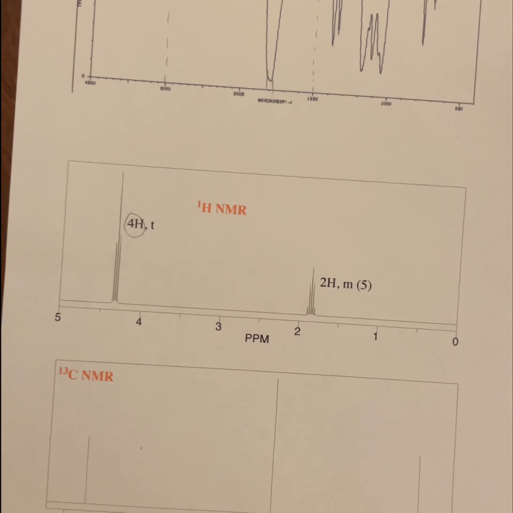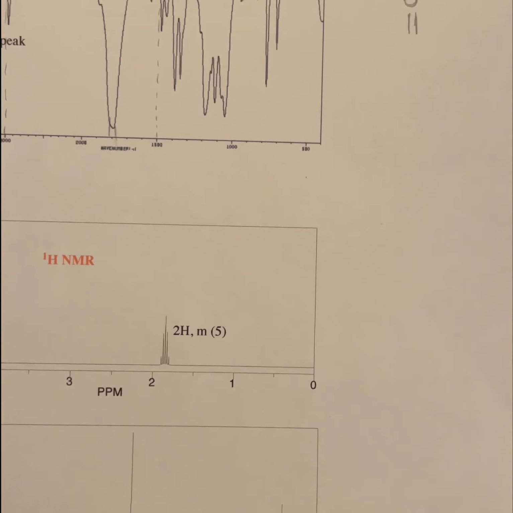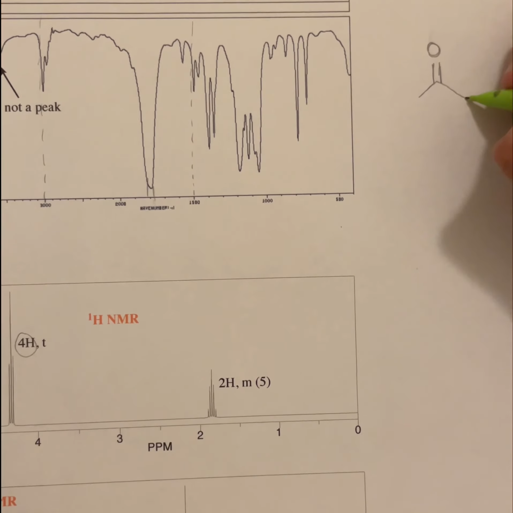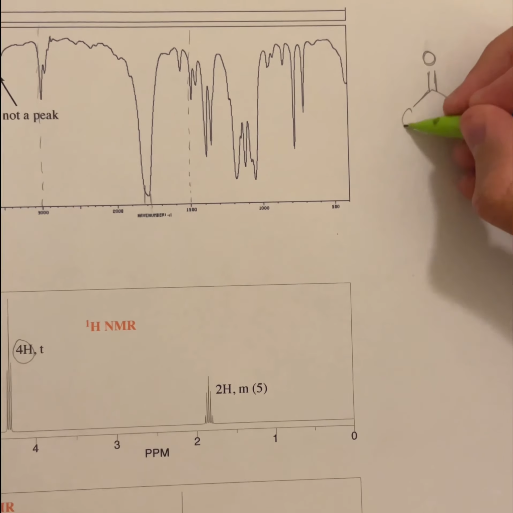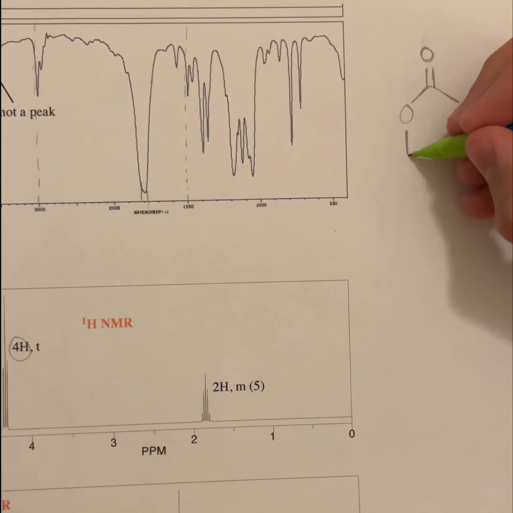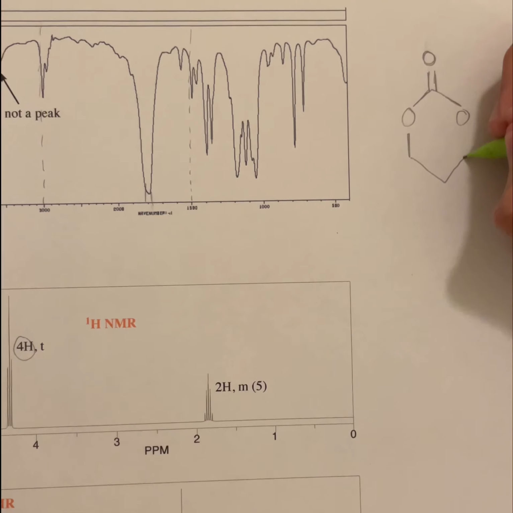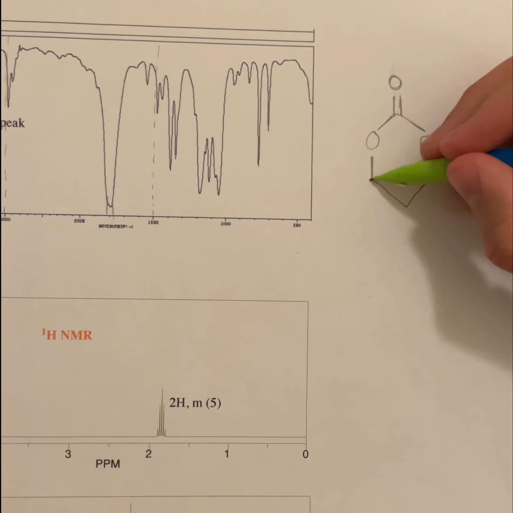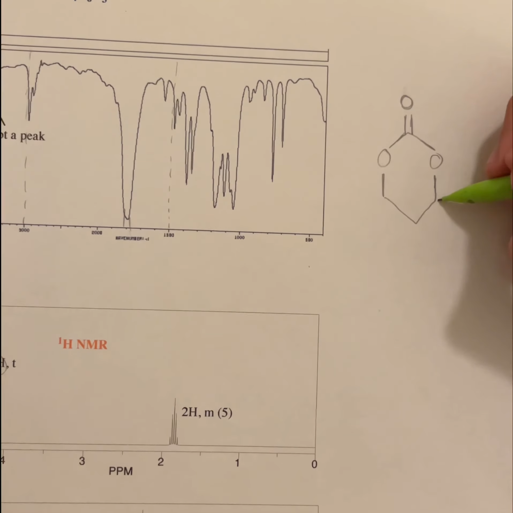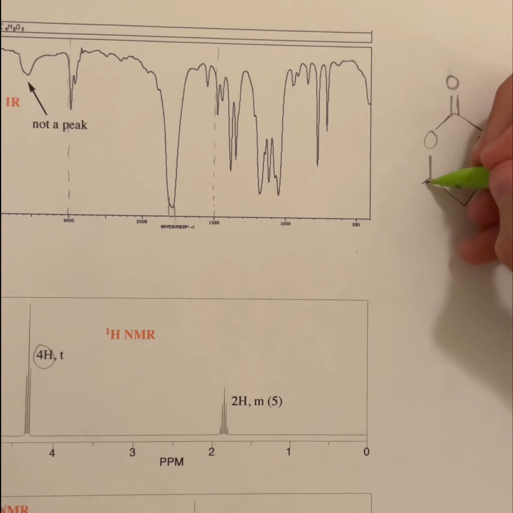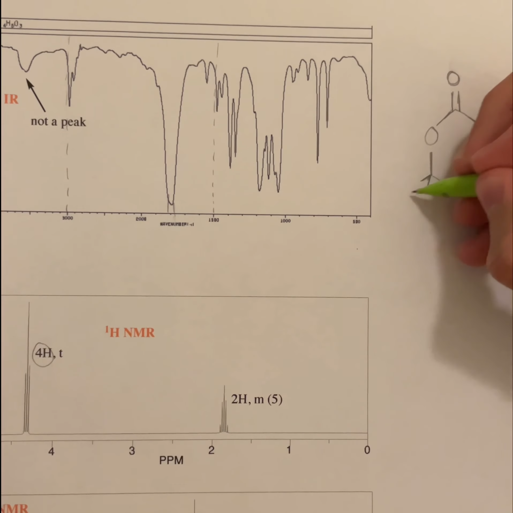So I honestly kept drawing structures till I got something symmetrical. It was kind of just trial and error for me, but I ended up with this structure here. So we have 1, 2, 3 oxygens, 1, 2, 3, 4 carbons, and then I labeled this as